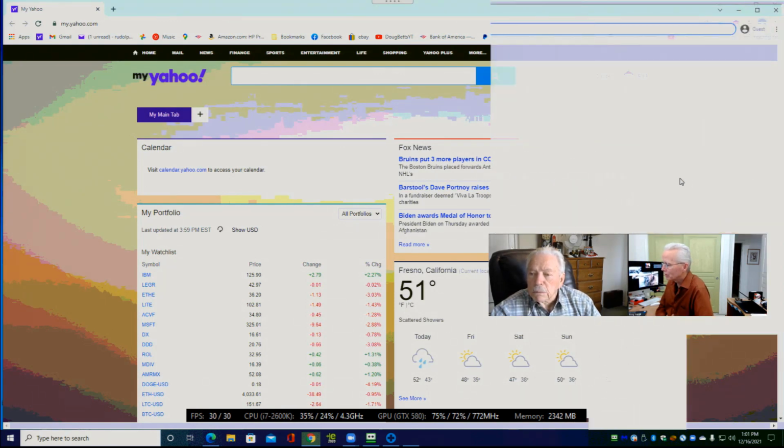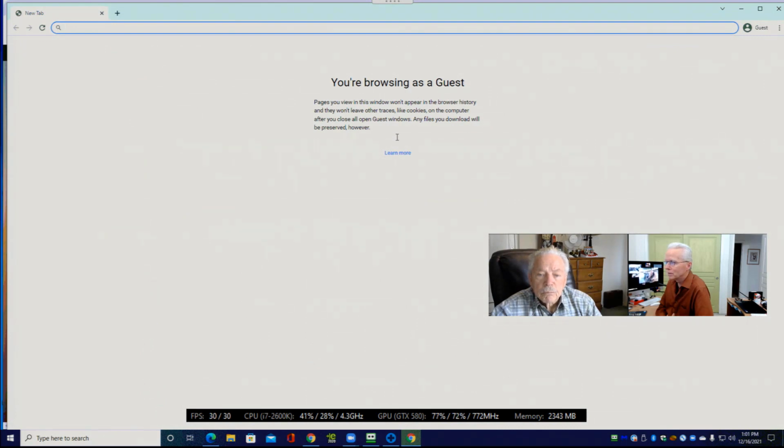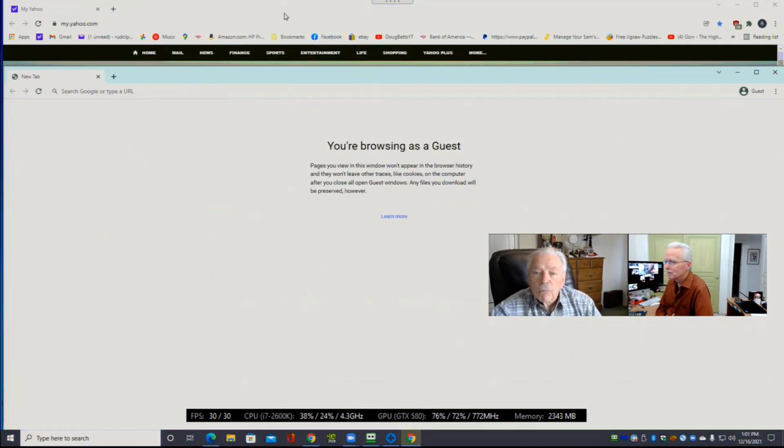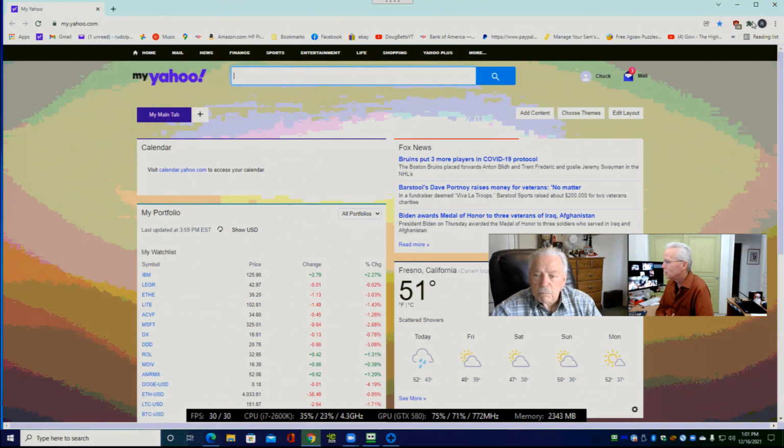So I'm going to try clicking on guest profile here. You're browsing as guest. But see, it just opened up another window. The window underneath still has your account. Now this one right here would be for extensions. This is for uBlock Origin, so that number there is showing us advertisements that are being blocked. This would be for editing the bookmark for this tab, and that one is for sharing the page.